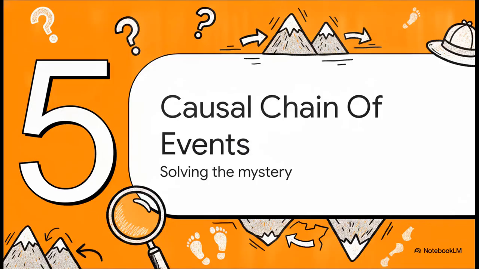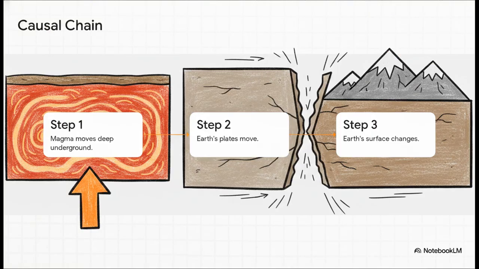All right, let's bring it all home. Section 5, the causal chain of events, solving the mystery. We've got all our clues, so let's solve this case just like we did in Lesson 9. This right here is the exact causal chain you need to memorize for your test. Step 1, liquidy rock, or magma, moves deep underground. Step 2,